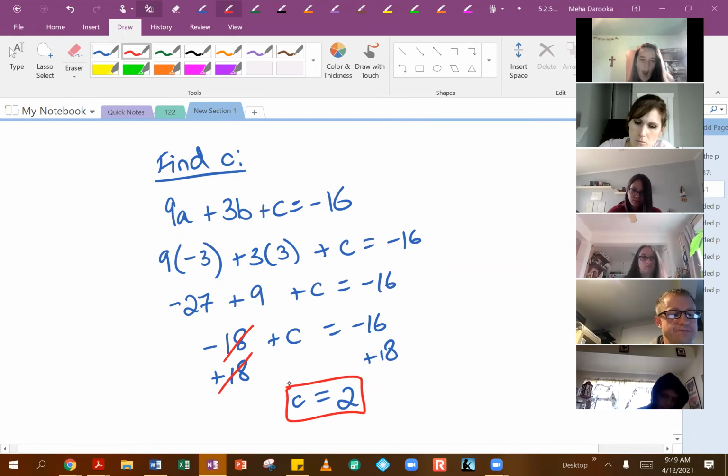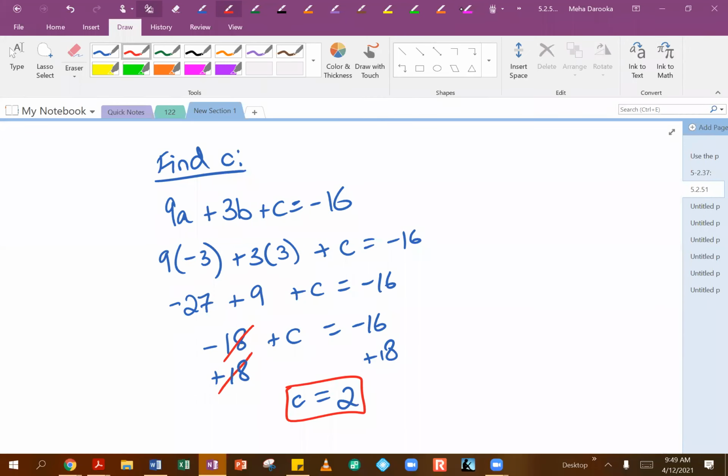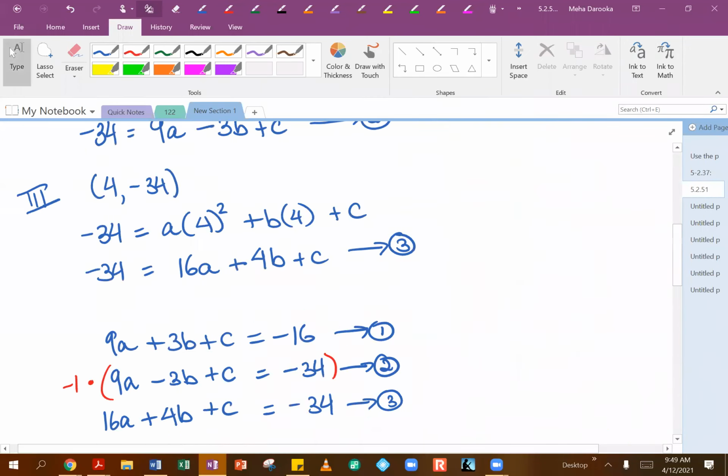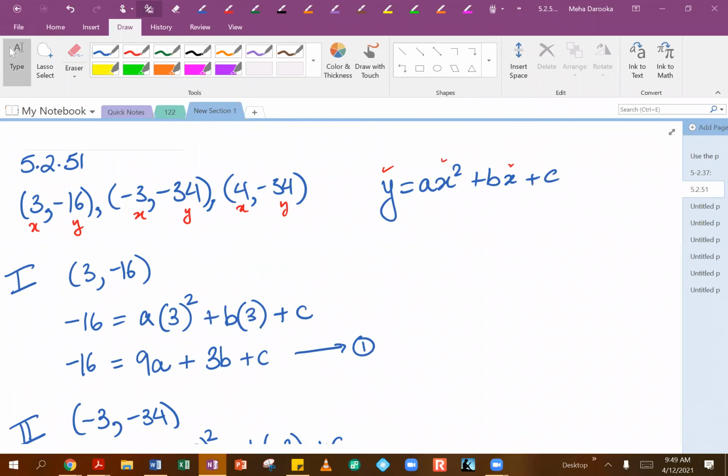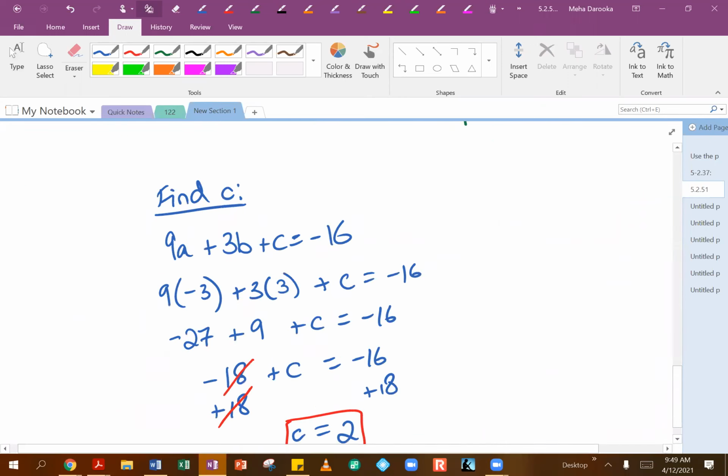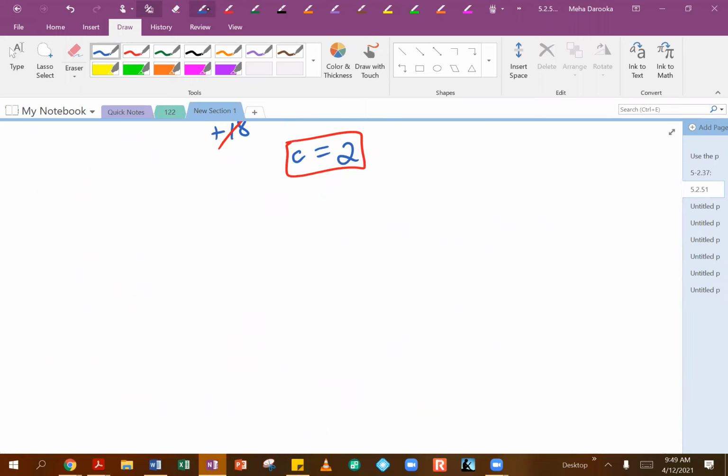Okay, so remember, this is not the end of it. You have just found A, B, and C, but we have to put it back into our quadratic equation over here so that we know what the equation for the parabola will end up looking like. So that's going to be the last step over here. So our equation